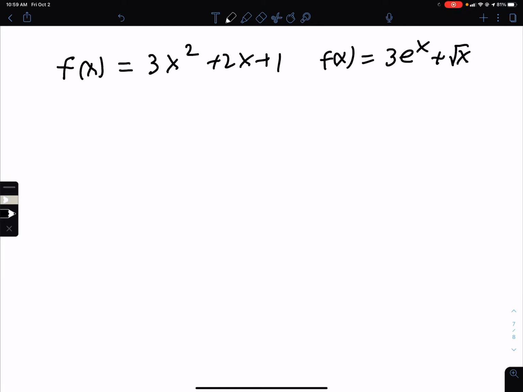This will be a video on higher order derivatives, so you can actually find the derivatives as many times as you want. So I'll just do a couple examples. So the first derivative on the first example here,